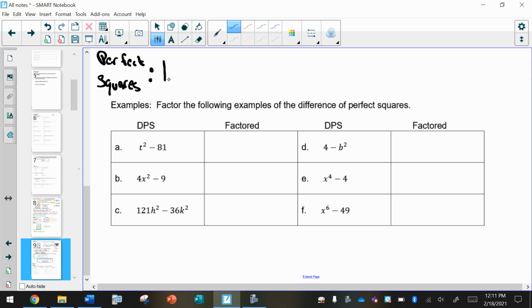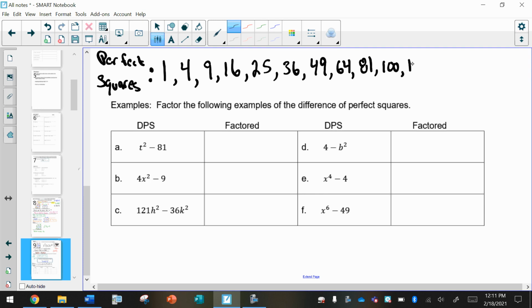1 times 1 is 1. 2 times 2, or 2 squared, is 4. 3 squared, 3 times 3 is 9. 4 times 4 is 16. 5 squared is 25. 6 squared is 36. 7 squared is 49. 8 squared is 64. 9 times 9 is 81. 10 squared is 100. 11 squared is 121. 12 squared is 144. 13 squared is